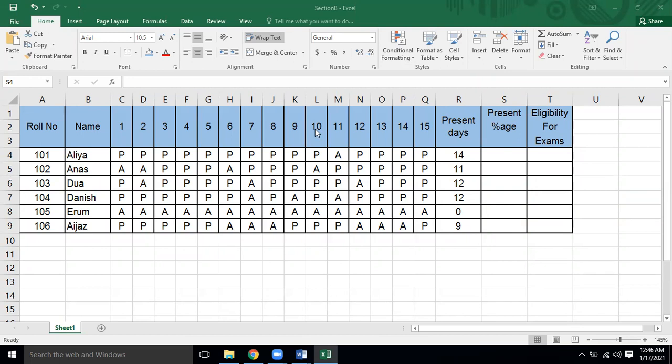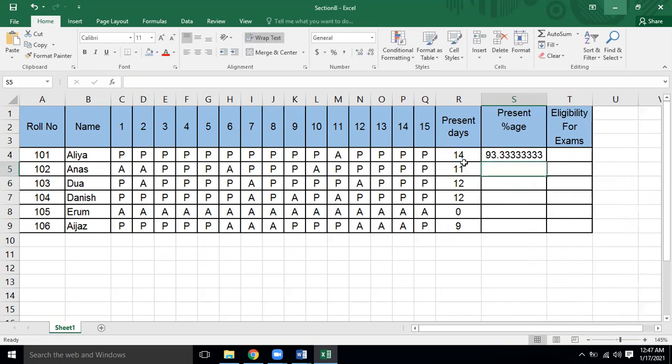So would it be 14 over 15 into 100%, I guess? Yes, you are right. I was asking that, let's suppose if you got 28 marks out of 30, how do you calculate the percentage? 28 over 30 into 100%. Marks obtained, yes, you are right. Marks obtained divided by total marks multiplied by 100. Similarly, over here, what we are going to do is the obtained present days divided by total days 15 multiplied by 100. So this is the percentage that we have calculated.